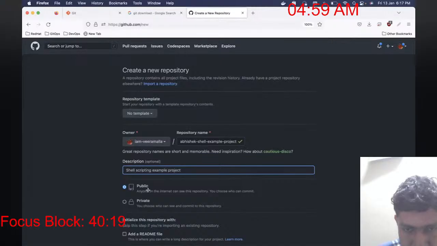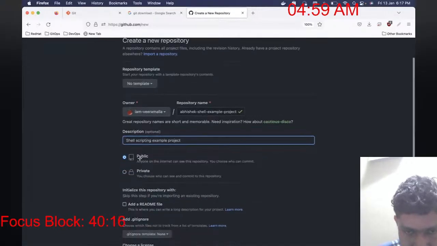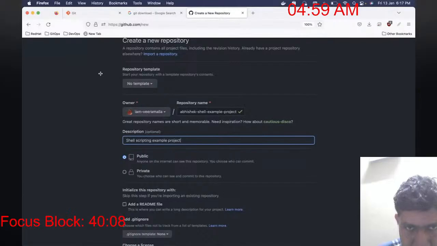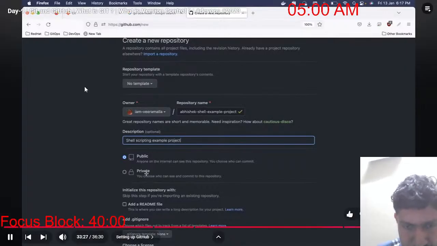Keep the repository public or private. If you keep the repository public, that means you can share it with anybody in this world. Or if you are working in an organization that is using enterprise GitHub or enterprise GitLab, it can be shared with anybody in your organization. Whereas if you keep it private, then only people you give access to can see the code.